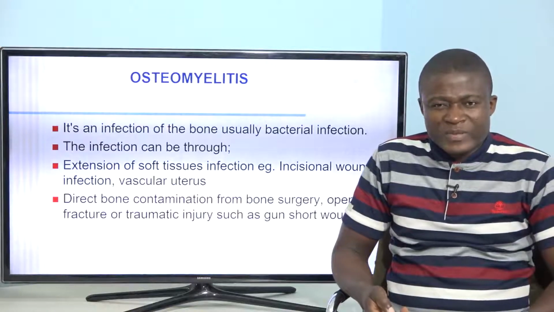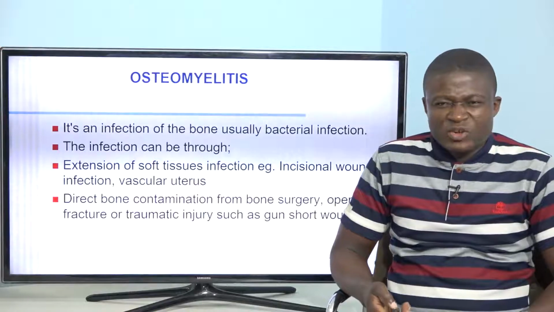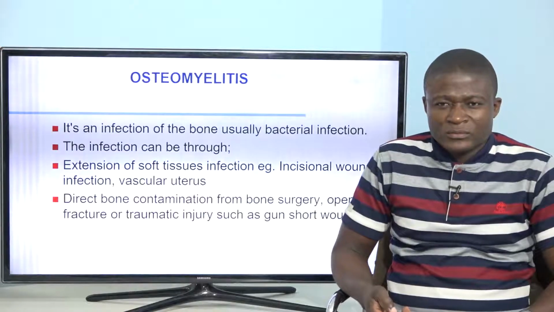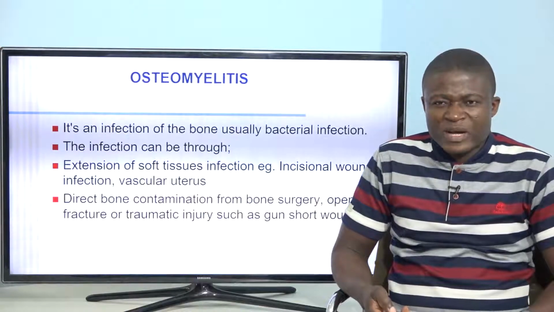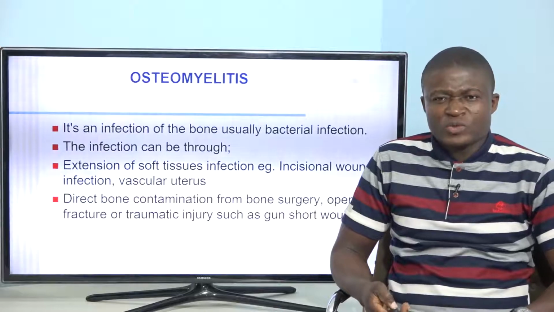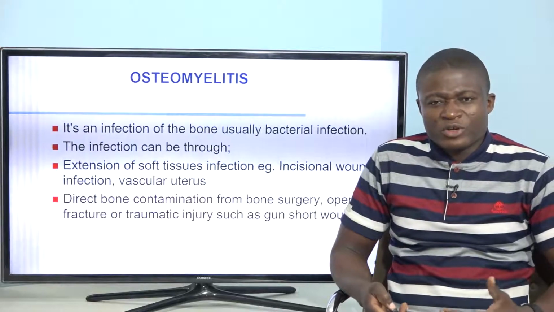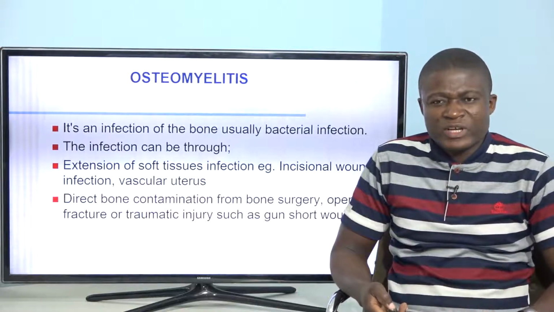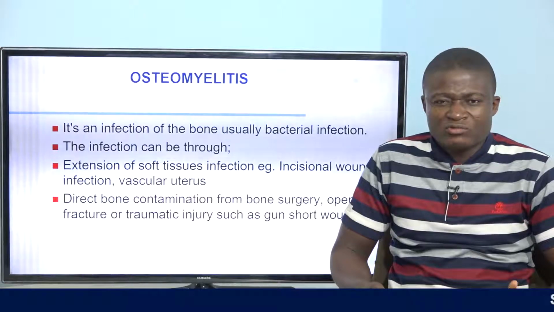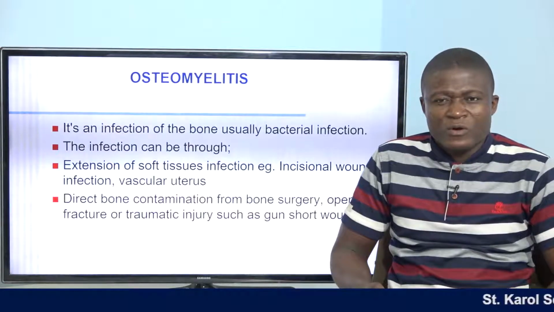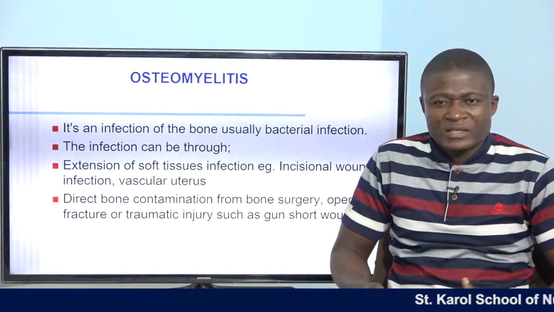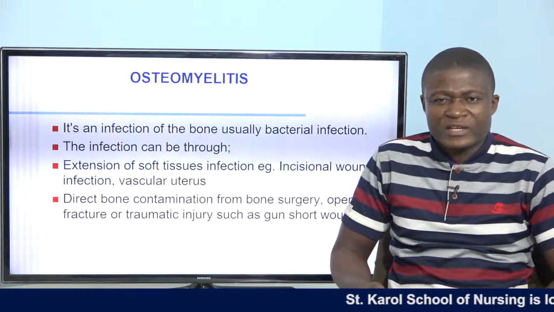So what is osteomyelitis? It is an infection of the bone, usually caused by bacteria. The infection can be through extension of soft tissues. I'm talking about extension of soft tissue infection, for example an incisional wound infection or vascularity. So what I'm trying to say here is that